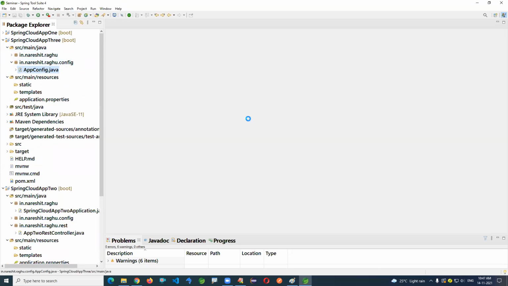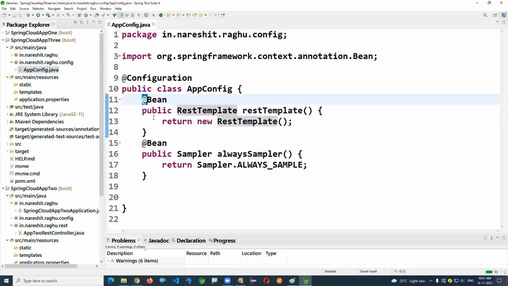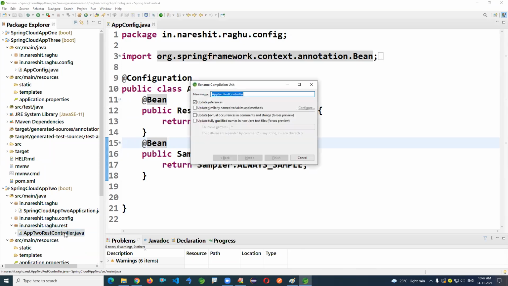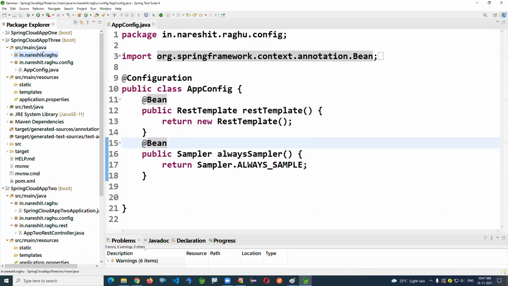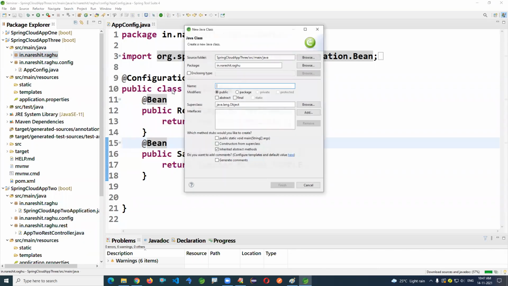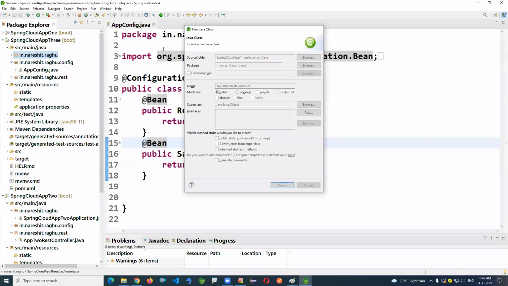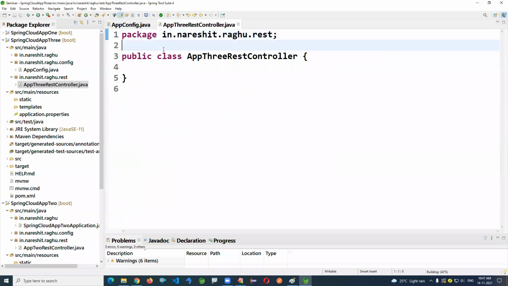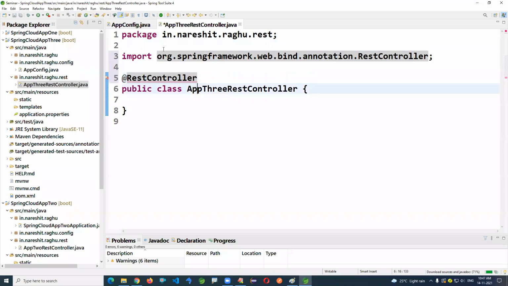Okay, this time REST template is not required. If you want, you can keep it. I don't want to make a call to any other REST controller here. Creating a REST controller now. REST controller.